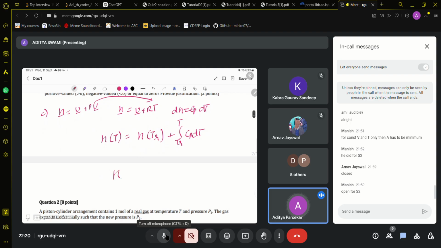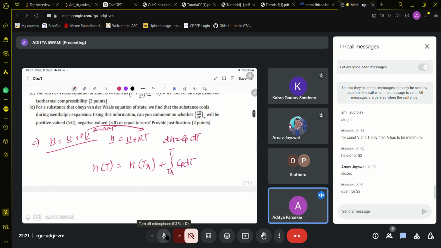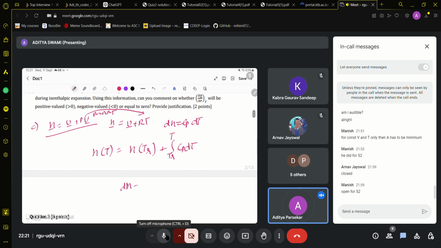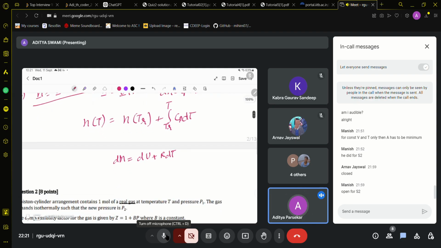Okay, sorry. Let me start again. So H bar is equal to U bar plus PV bar. Using the equation PV is equal to nRT, we get H bar is equal to U bar plus RT, and dH is equal to Cp dT. So we can write dH is equal to dU plus R dT,